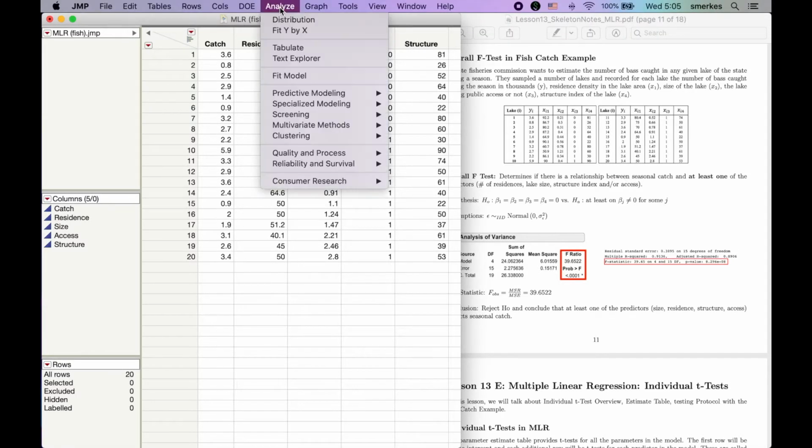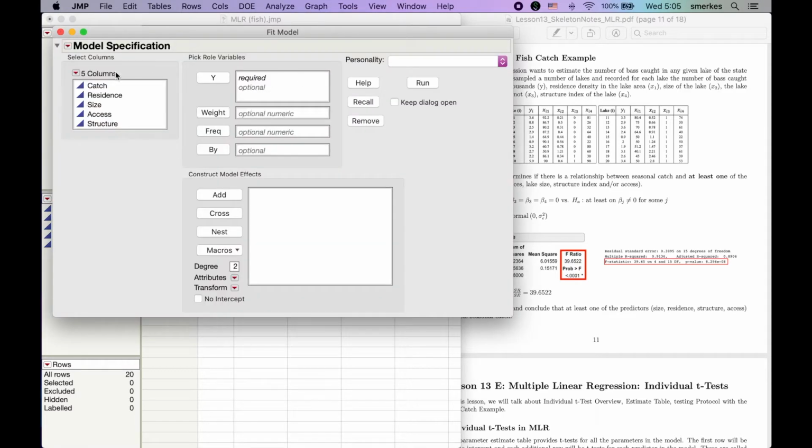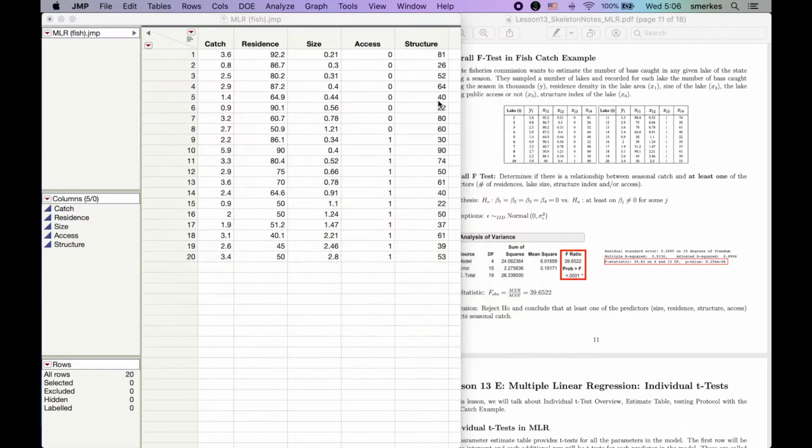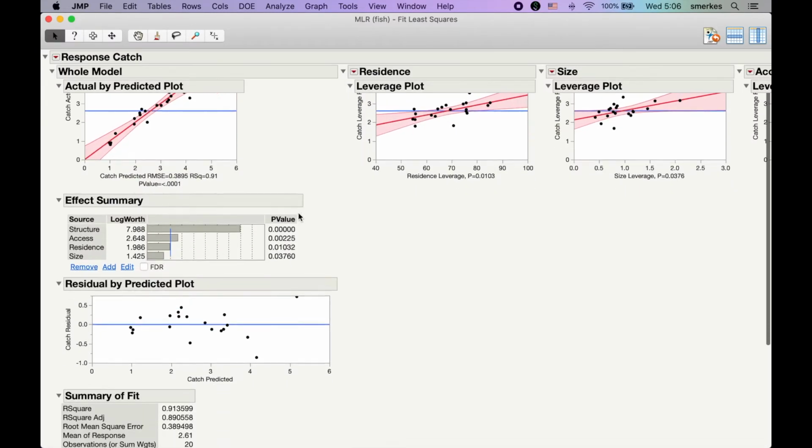So we're going to go to Analyze, Fit Model, similar to what we did with ANOVA. We're going to put our catch as our Y, and then here are our predictors or our regressors. We're going to highlight them, and we're going to add. And we're going to click Run. We're going to scroll down,